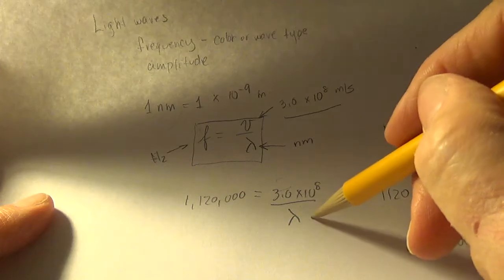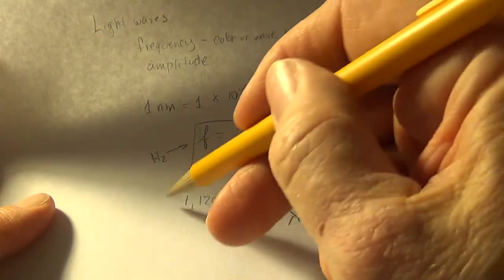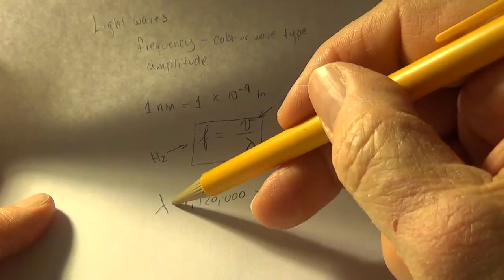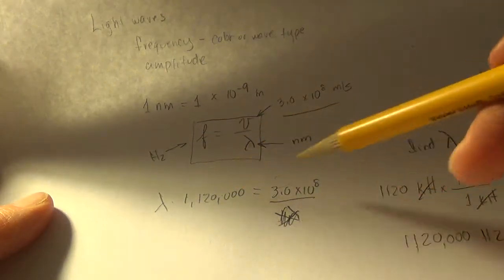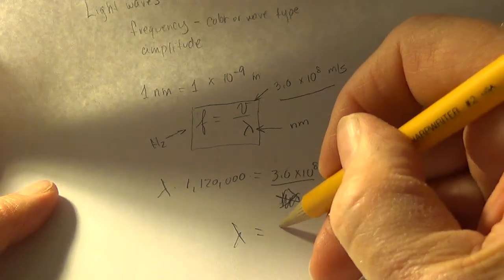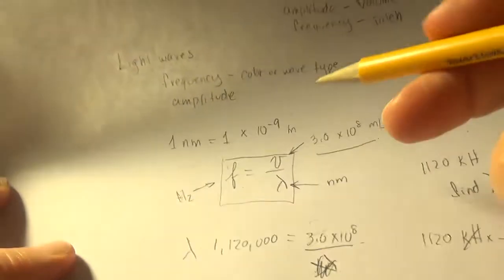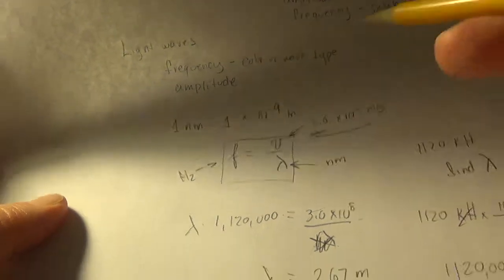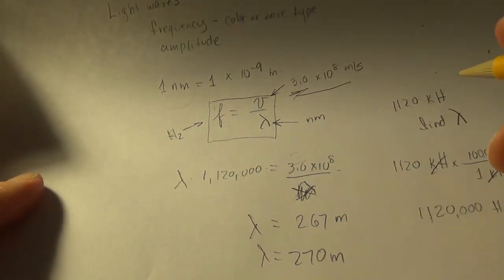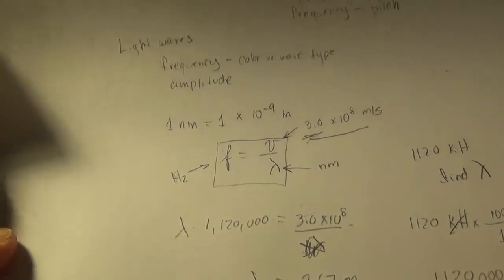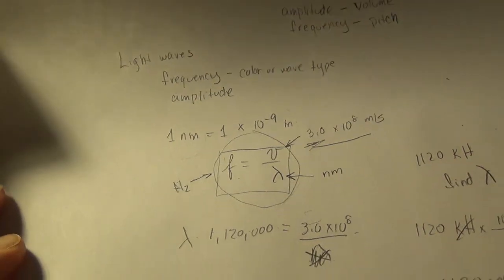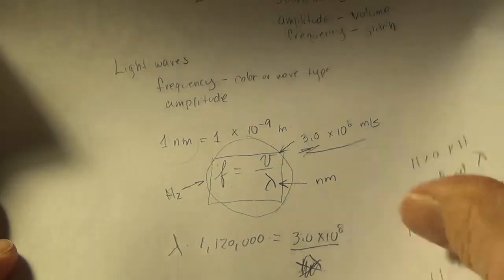So that's our wavelength. I'll end up multiplying this over here, and it disappears from here. When I multiply both sides by it, it appears here, and I divide this number by that number, and I get lambda equals 267 meters. It looks like I can only use 2 sig figs there, so 270 meters. All right, so that is how we sometimes have to mess with the unit, especially when we're dealing with light, in order to get the correct answer.